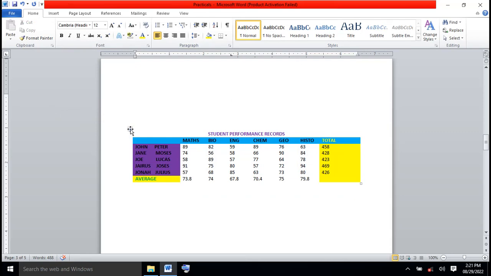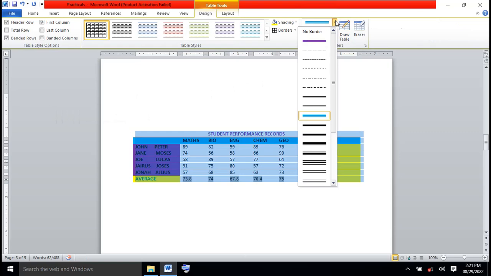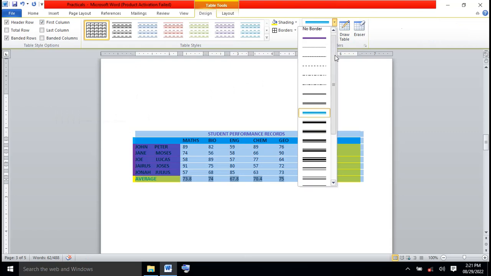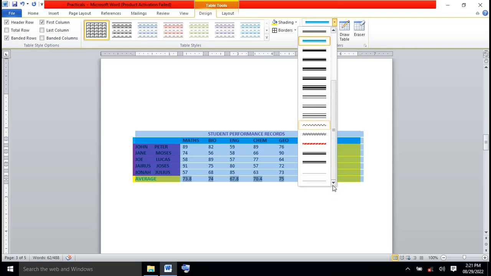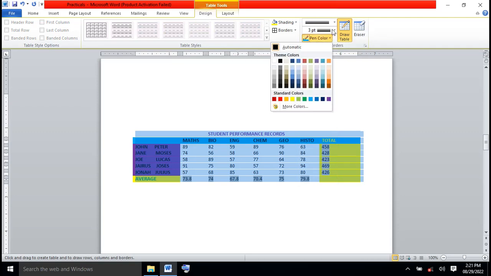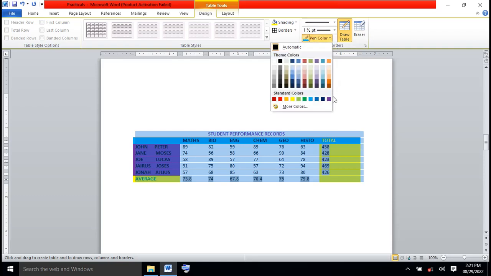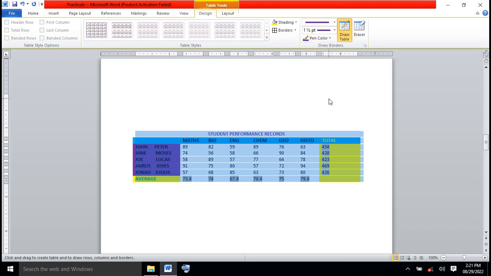Come back to the table, click the plus and you have it highlighted. Come inside the border that you want. Let's say for the outside border we want one that looks like this. Nope, let's pick something, one that looks like this, for instance. But let's pick a different color. This is very thick, let's reduce the thickness to that, and then let's pick the color, let's give it this color. All right, then once you set,